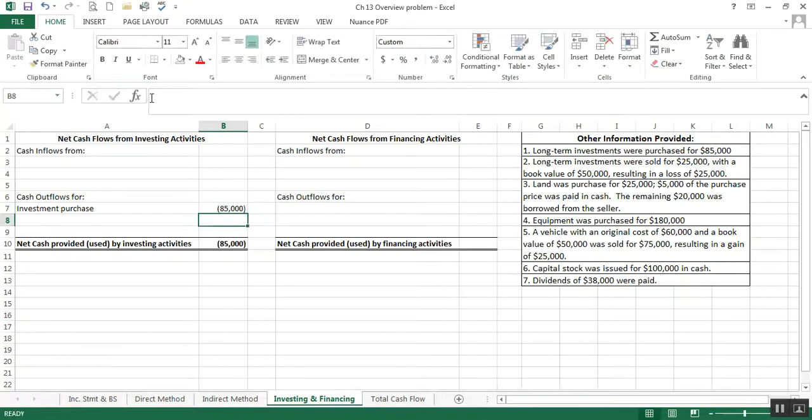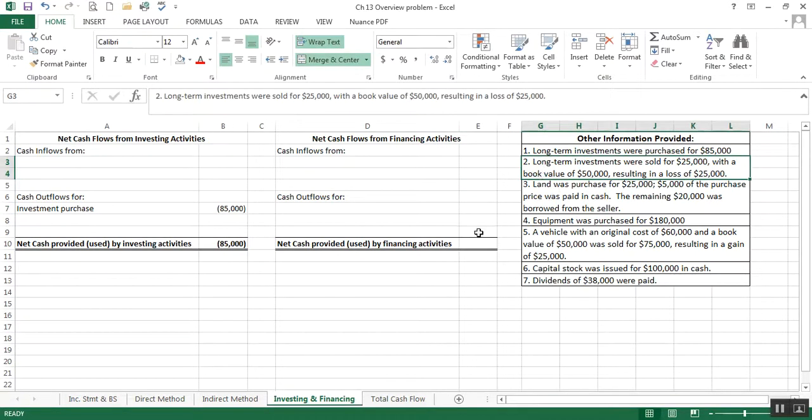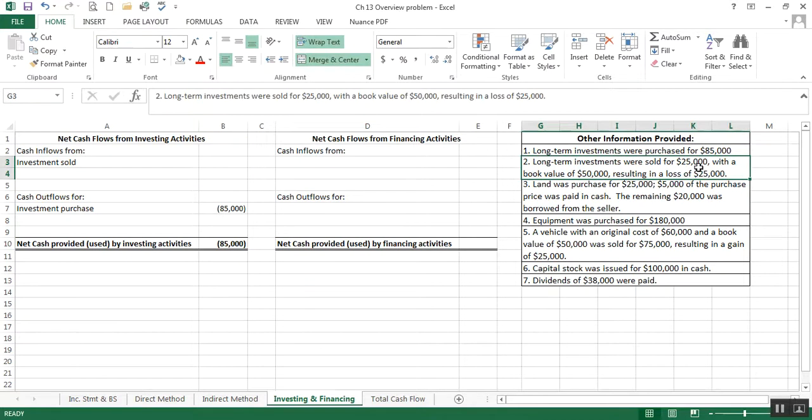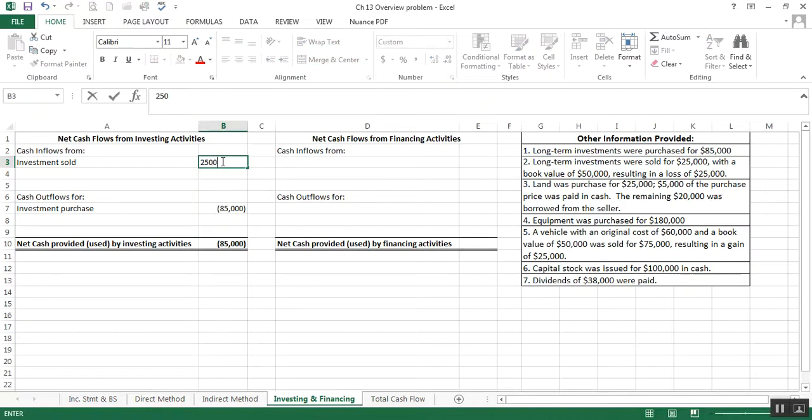Now let's look at number 2. A long-term investment was sold for $25,000 with a book value of $50,000, resulting in a loss of $25,000. All right, so we sold something, so that means we got cash for it. So investment sold. Now you remember that we just care about the cash. So we sold it for $25,000. Remember on the income statement we had a loss of $25,000? That's related to this investment. But our actual cash is going to be $25,000